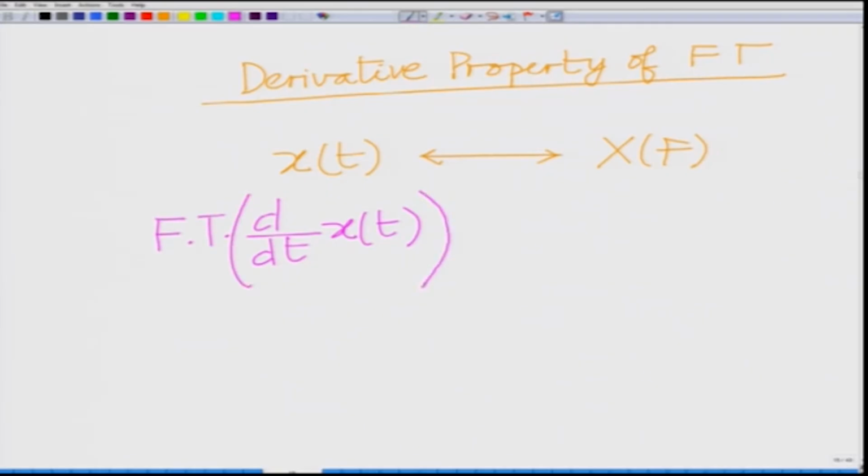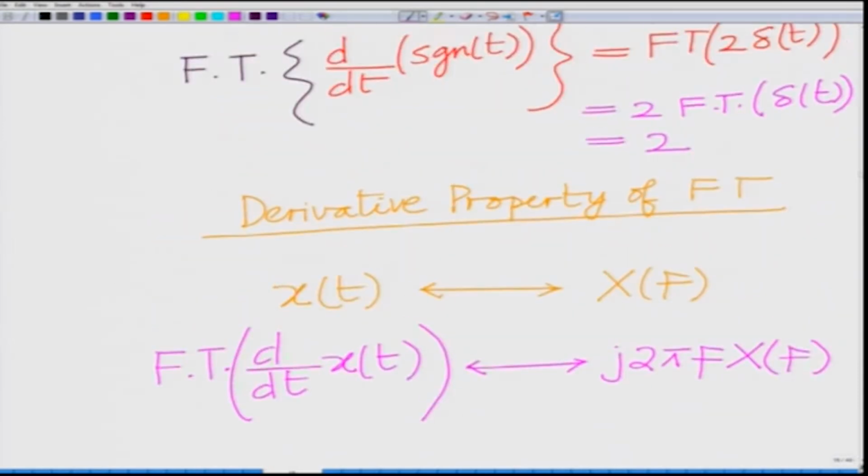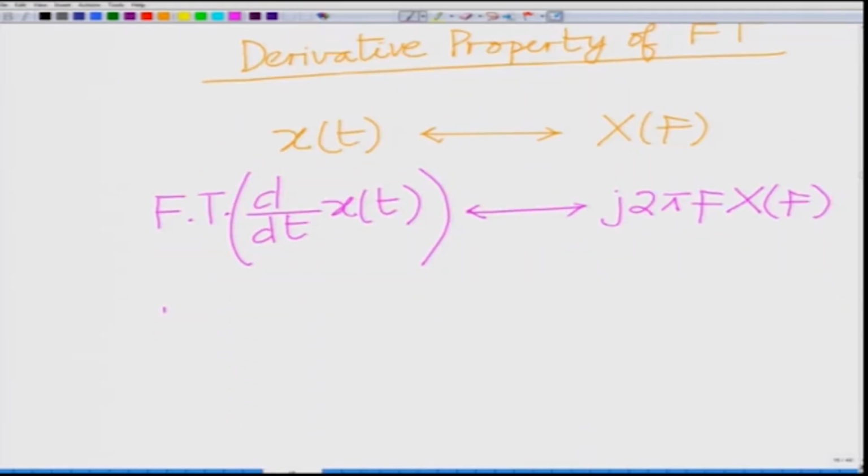the Fourier transform of the derivative of x t is j 2 pi f times x f. The Fourier transform of the derivative of a signal x t is j 2 pi f x f, where x f is the Fourier transform of x t. And using this property, the Fourier transform of the derivative of sin t,